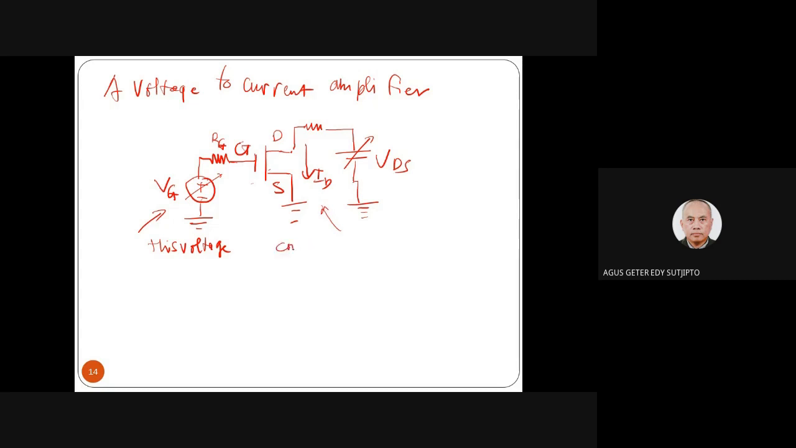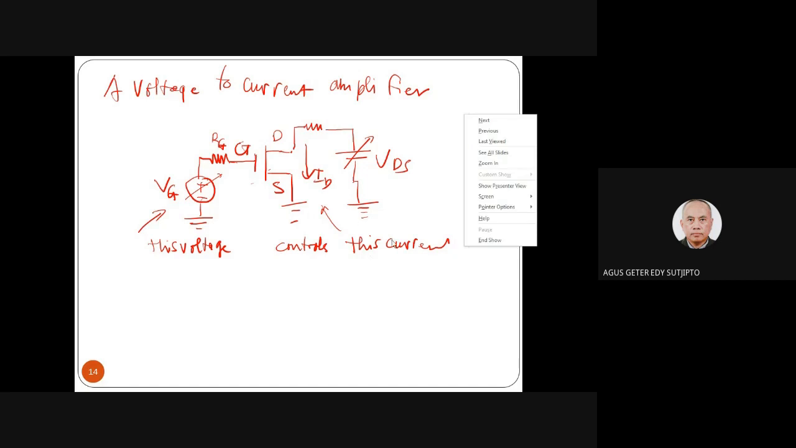So this voltage controls this current. So VG will control the current. Remember in the previous figure,